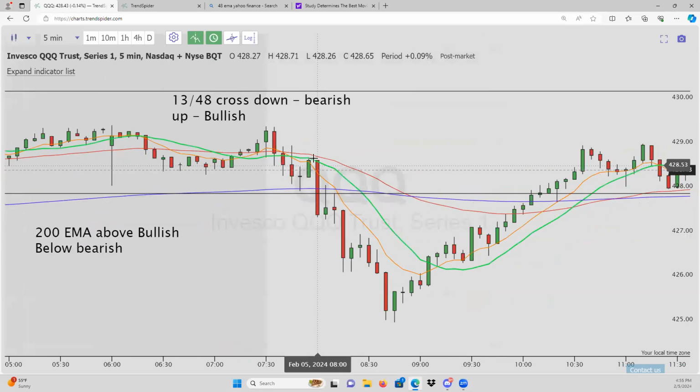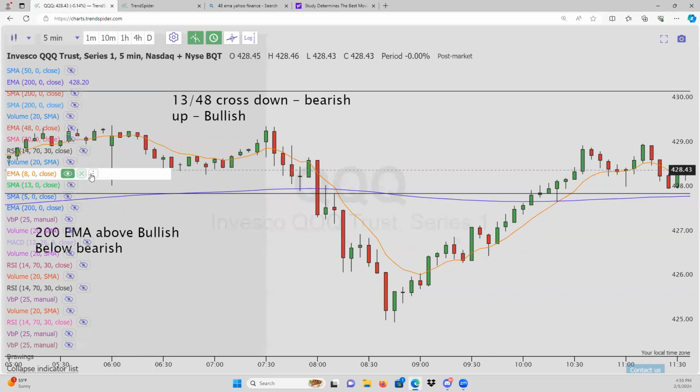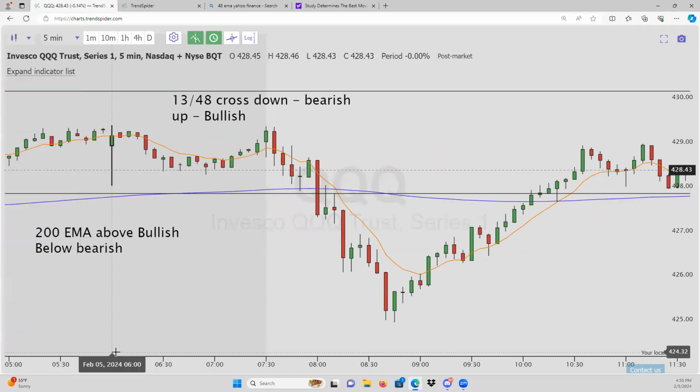Great. So now we're taking a trade. We had that bear flag. We're in it. We're going down. How do I stay in this trade for as long as possible? Well, a couple of different indicators that we can use. There's going to be the 8 EMA, right? So I'll pull these off. I'll leave that 200 up there. But what we're going to use is this 8 EMA.